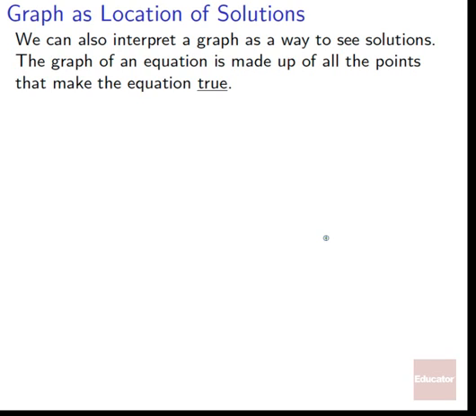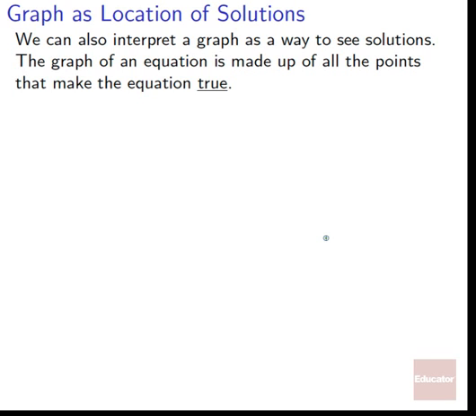The graph of an equation is made up of all the points that make the equation true. So while that's the same thing as input to output, in some ways, we can also say the reason why this point gets to be on our graph is because it works with the equation. It is